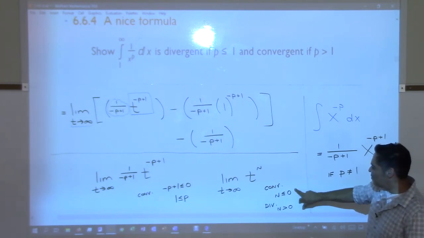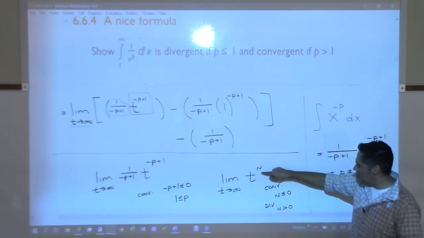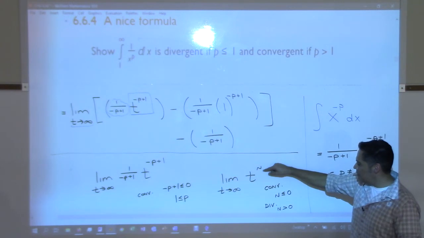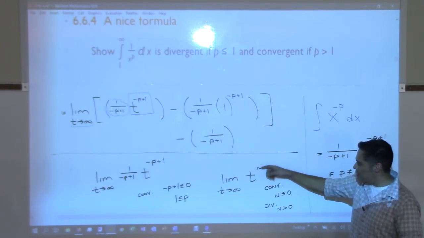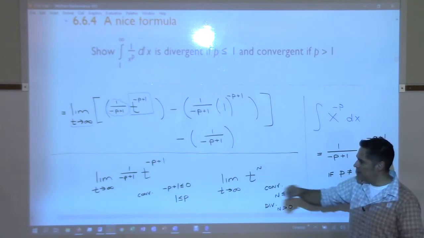Okay, so this is what we had written down, right? And this is true. If that goes to infinity, that's bigger than 0. This thing should blow up. If it is 0, it's going to converge. If it's less than 0, then it drops down. That blows up. That goes to 0. Okay, so that should be true. Now, what are you saying? I was saying